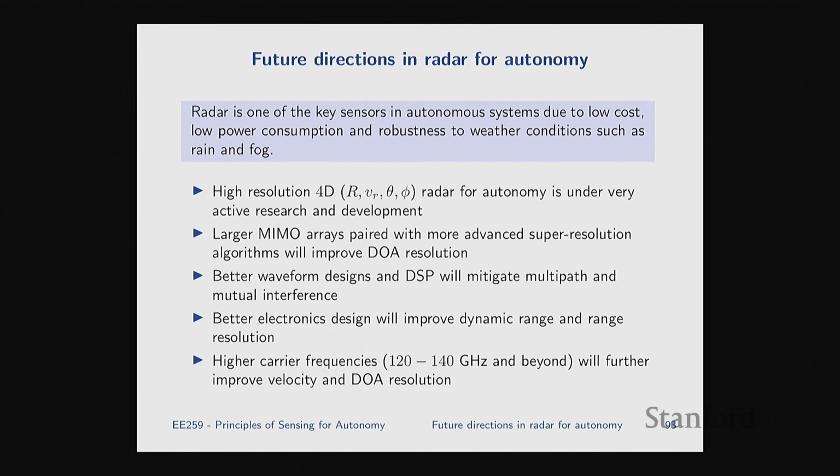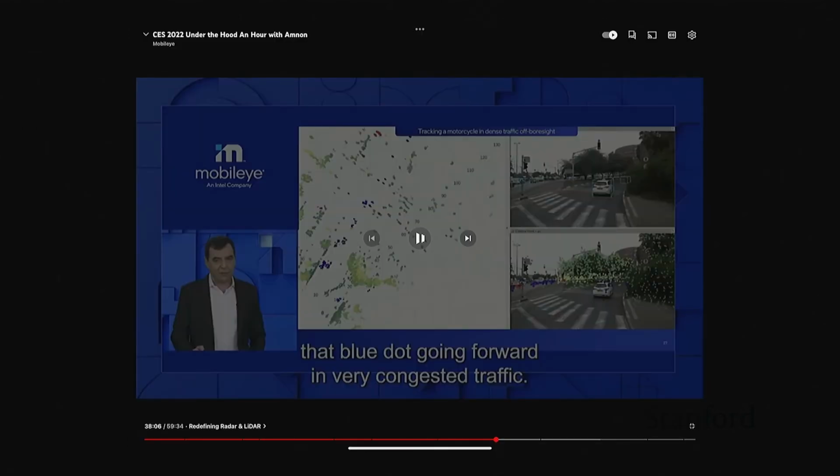And I just want to close this chapter by showing you a very brief part of a keynote video. This was delivered by the CEO of a company called Mobileye. Mobileye is one of the biggest companies developing sensing technologies for autonomy. So they develop all kinds of different sensors, vision systems, radars, LiDARs, very, very interesting company. And this is a part of the speech that their CEO gave at the Consumer Electronics Show last year. So this is from January